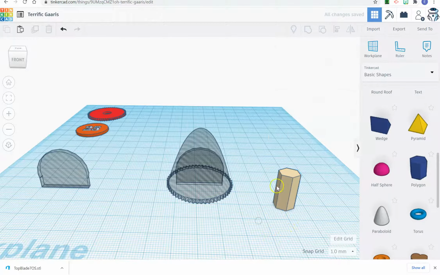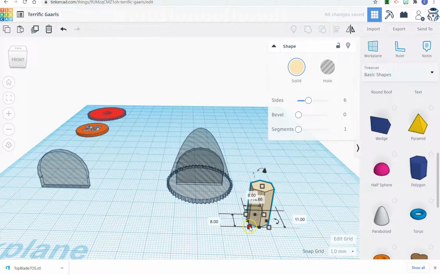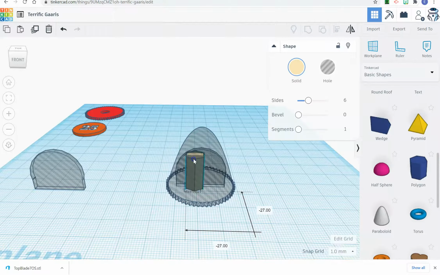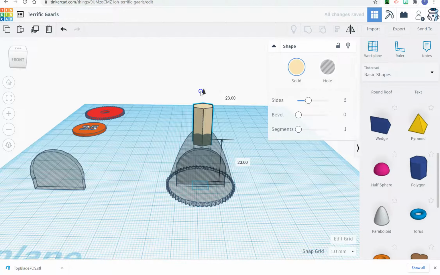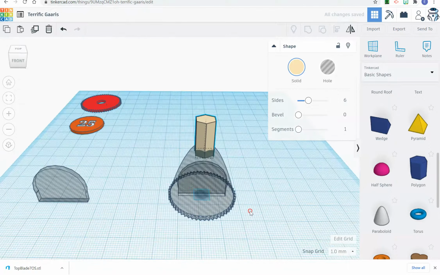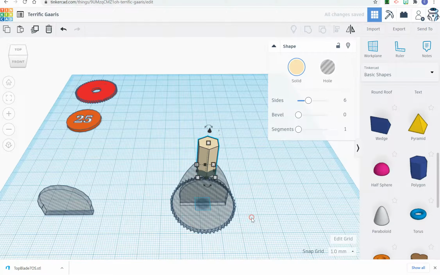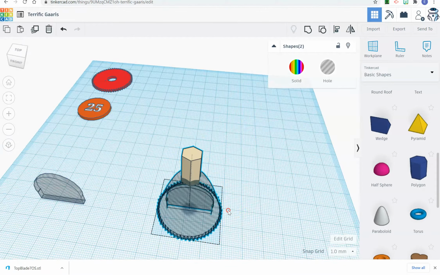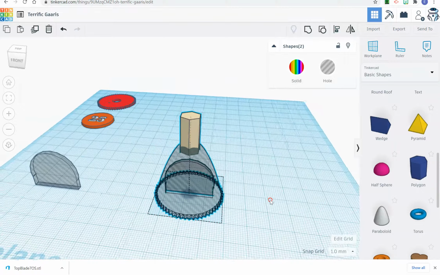Okay. Very good. So my polygon here is 8 by 8 and is 17 high. I'm going to go in here a little bit. So what I'm going to do now is I'm just going to bring this up and center it in a moment, but I want to make sure, okay, that should give me enough so that it's not interfering with the quarter. Look at that. I guess it was already centered, but let me just show you in case